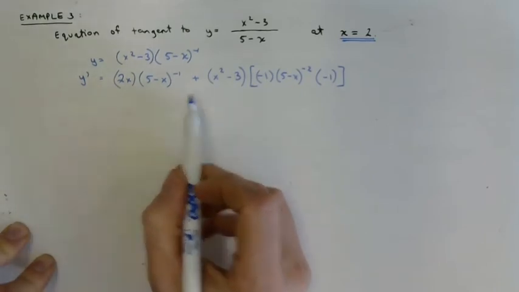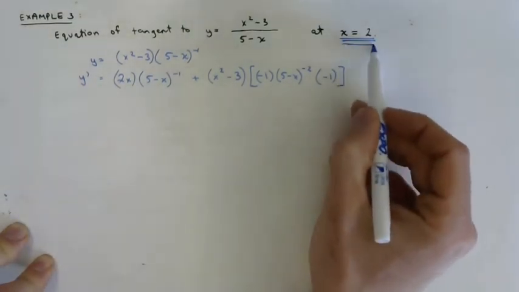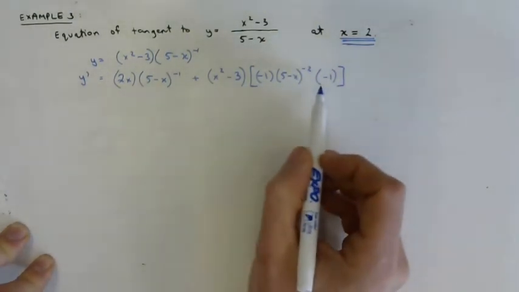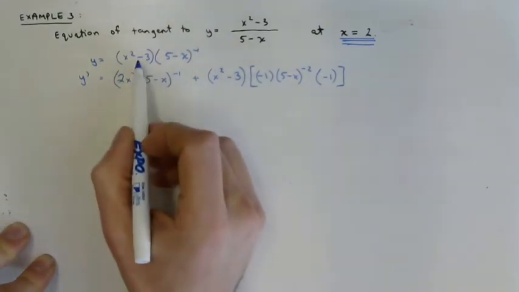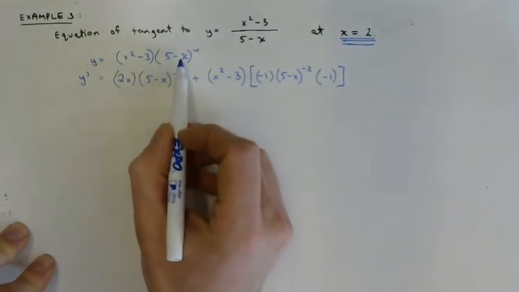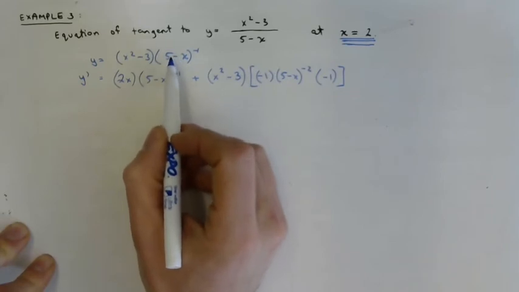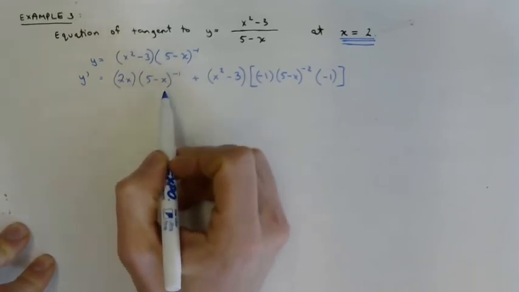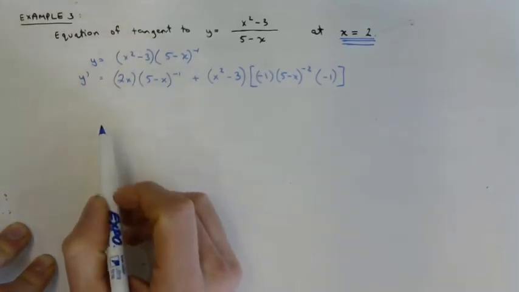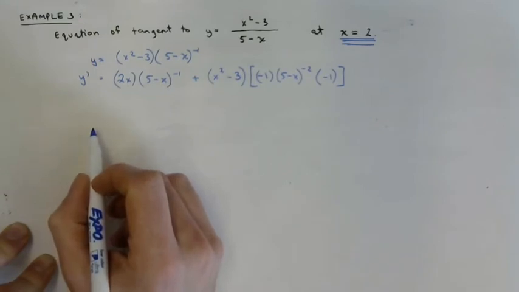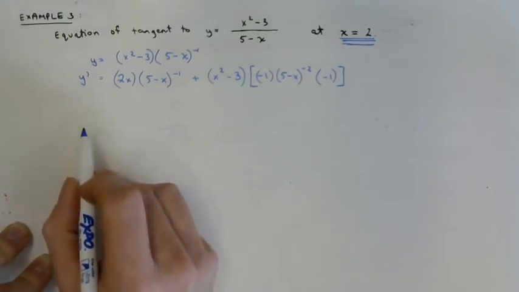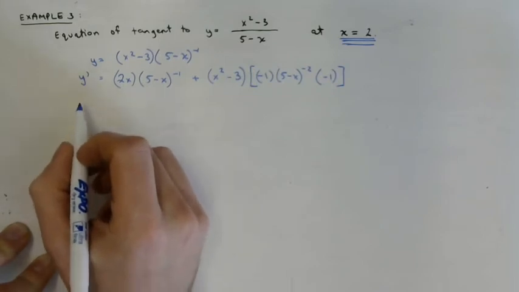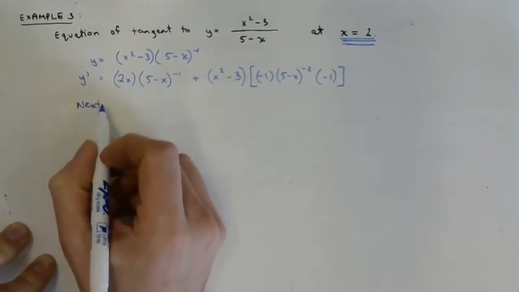Now all we're going to do is sub in the value of 2 in order to find the slope at this point. Then we're going to sub the value of 2 into the original equation to find the tangent point. From there you'll have the tangent point and the slope of the tangent. So then you just go point slope formula in order to find the equation of the tangent. So maybe just next steps,